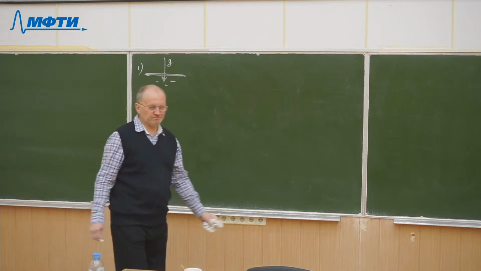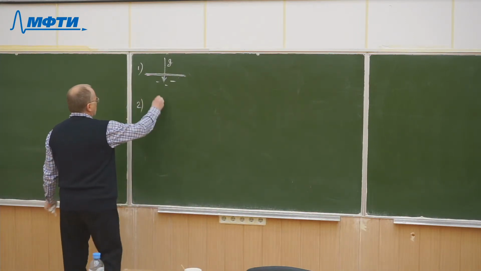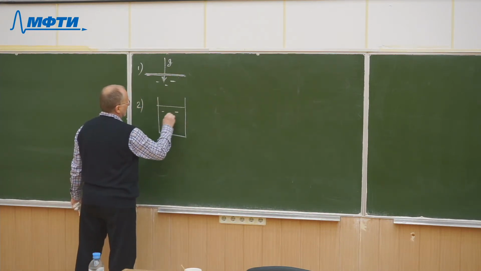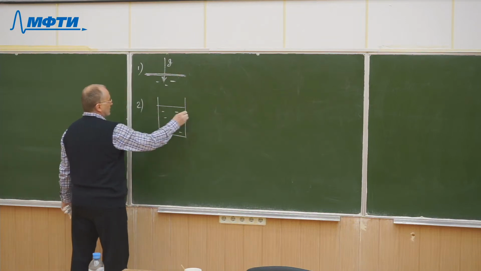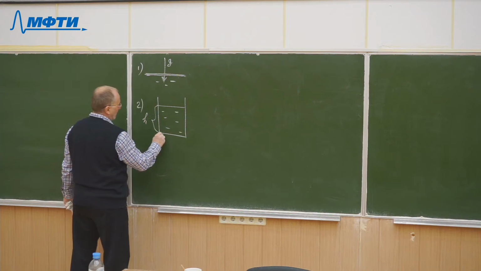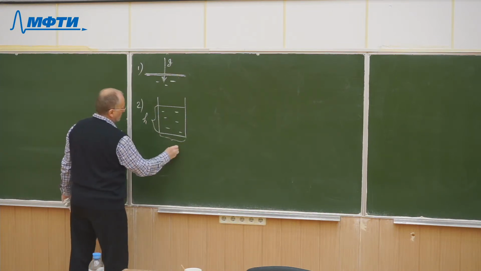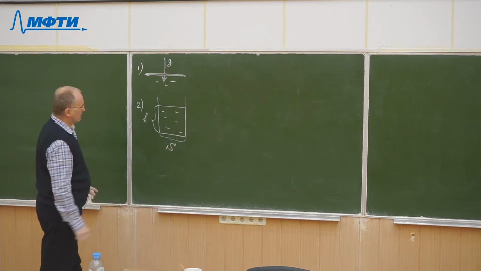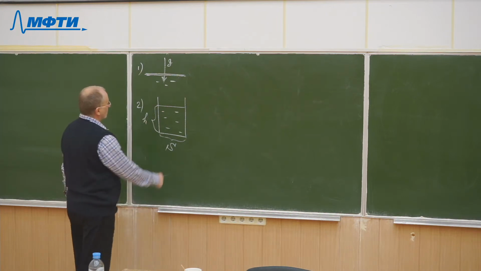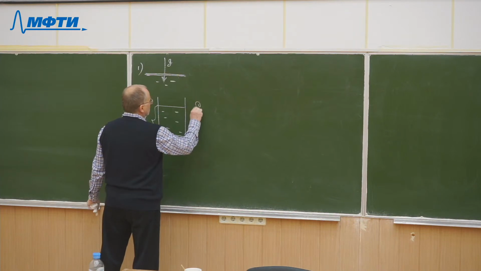And the second property will be the pressure inside the liquid. Imagine a vessel and the liquid inside, and the liquid has height h, in a cylindrical vessel of cross-section S. The area of its bottom is S, and so there is a liquid, and the liquid density is rho,